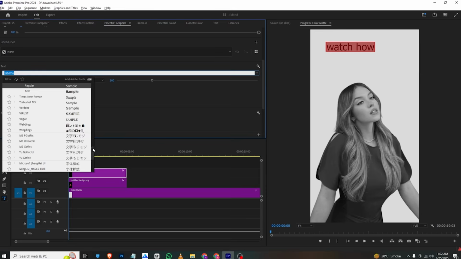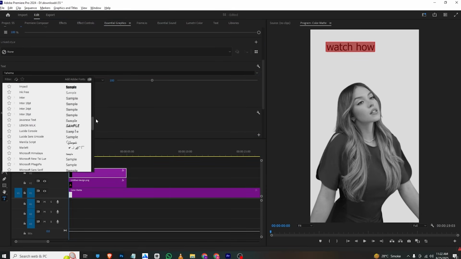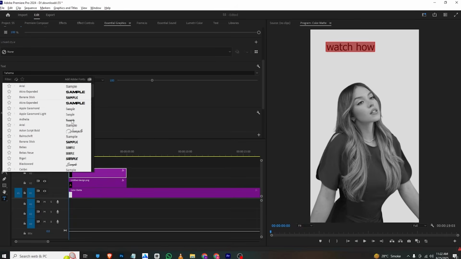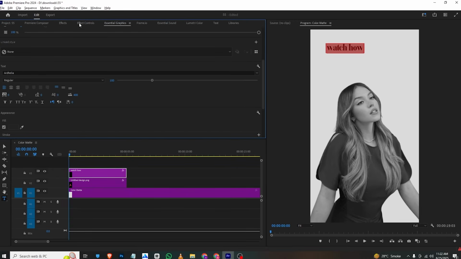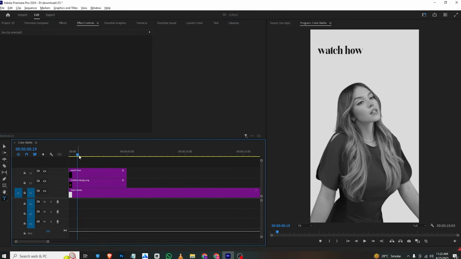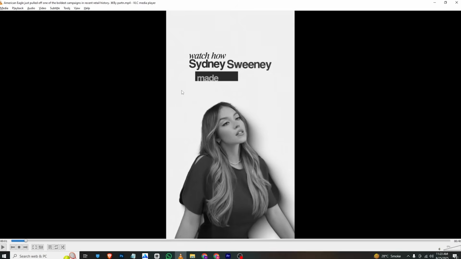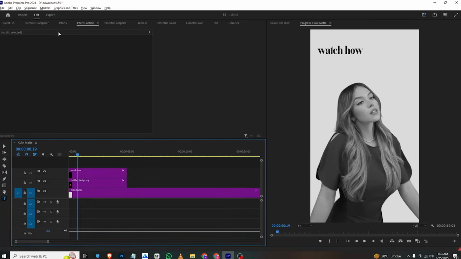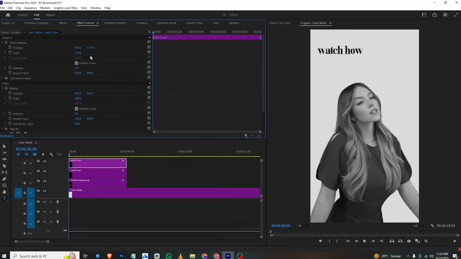So I will just check my fonts and make sure to apply the one that suits. I will choose this font right here and in effects control I will simply just make sure to make it bigger, like this. This is looking cool. Now what we need to do, we will just create this text, change the font, and for this one text I will show you the animation. You can create this. I just make its copy, go to effects control, simply drag it down and I will just make it